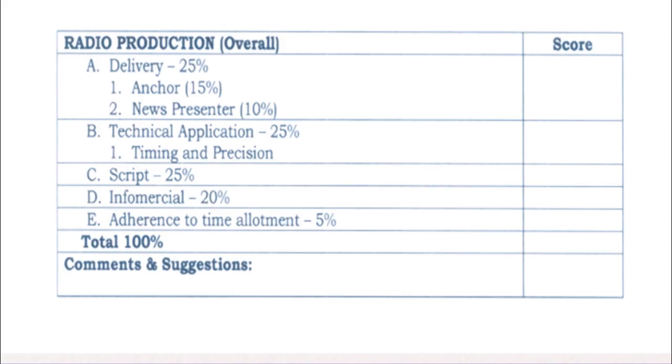The adherence to time allotment, this is whether you have delivered the exact time, 5 minutes, or whether you have delivered under time or overtime. So this is where the judges will deduct scores if ever you have exceeded or you have less time for your